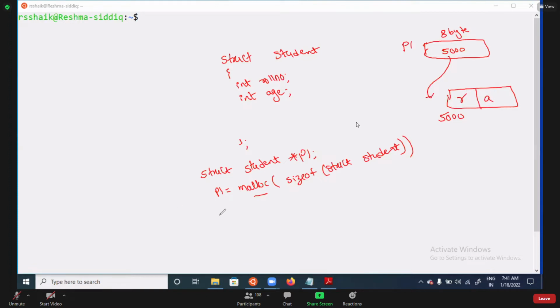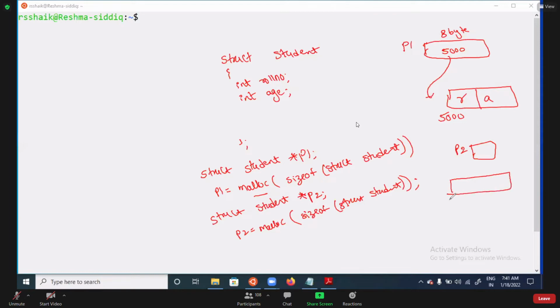Now next, if I want to store the second person's address, then again I need to take a struct student star p2. p2 equal to malloc function, sizeof struct student. That means p2 is a pointer I am taking, 8 bytes of memory is created. The malloc function creates some bytes of memory in the heap section, and this address is going to be stored here.